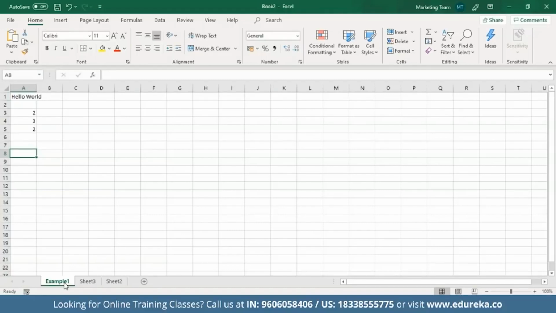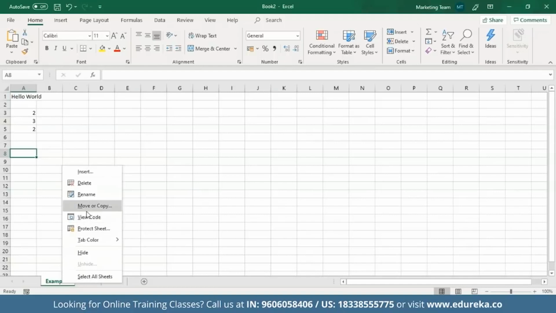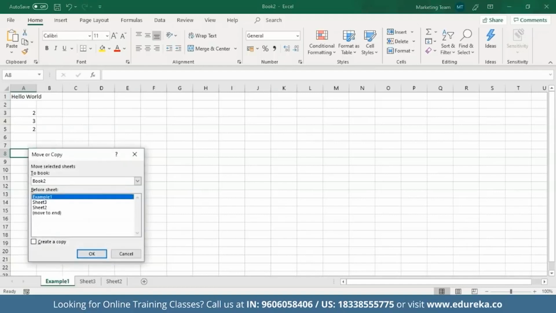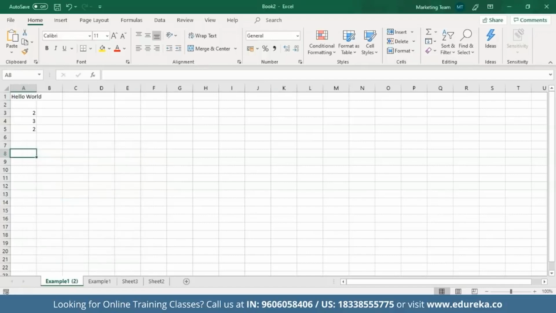So in case you have a worksheet and you want to create another copy of it, all you have to do is right click on the sheet that you desire to copy, and from here select the move or copy option. So as you can see, a dialog box has appeared where you have the options to move the sheet at the required position, and at the end of this dialog box you can see an option as create a copy. Now when you check this box and click on OK,